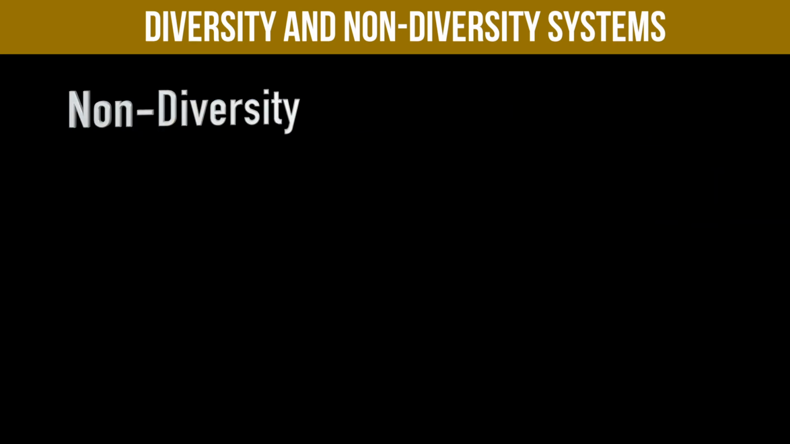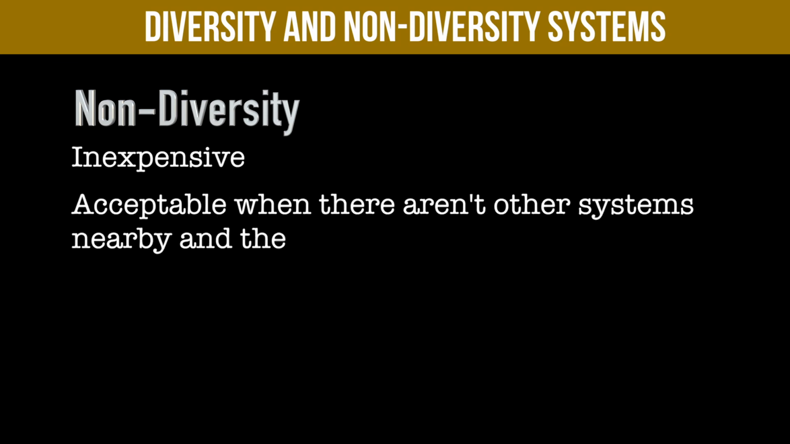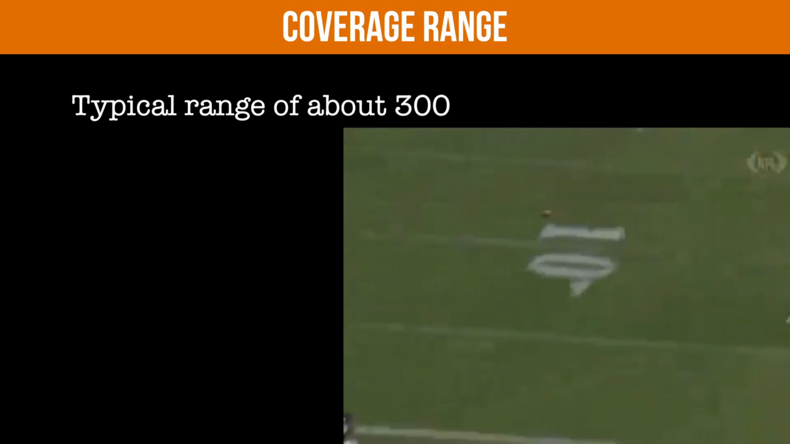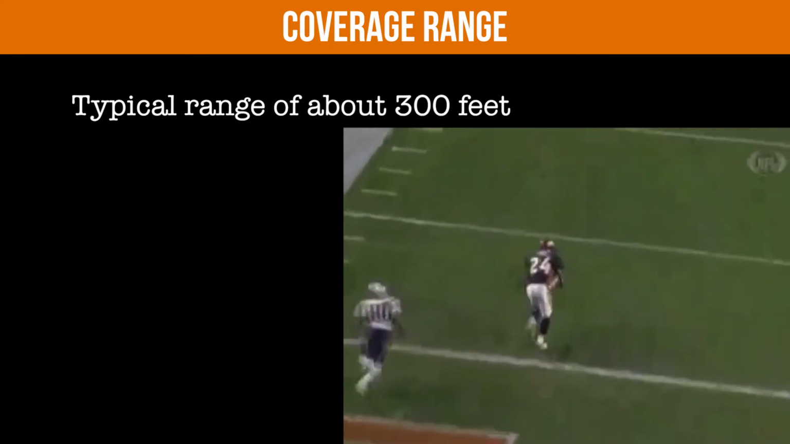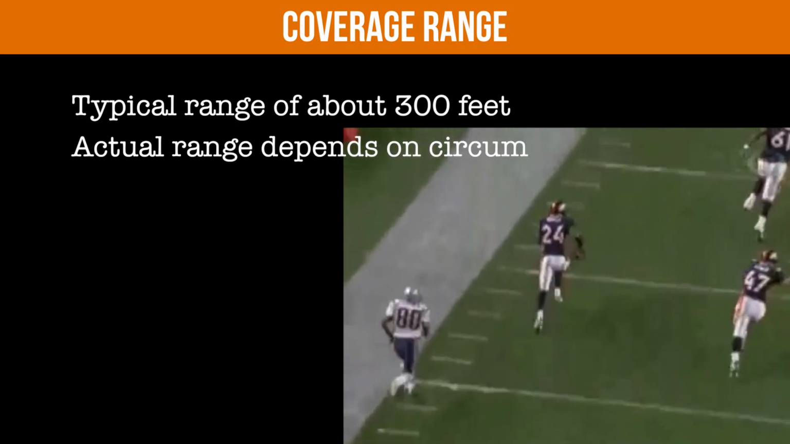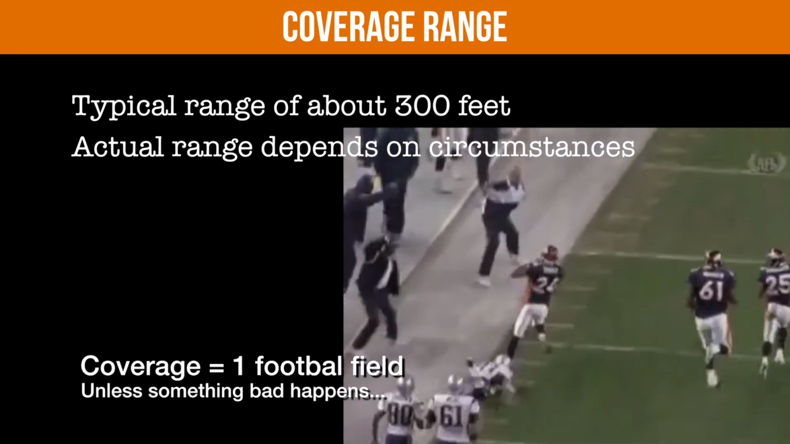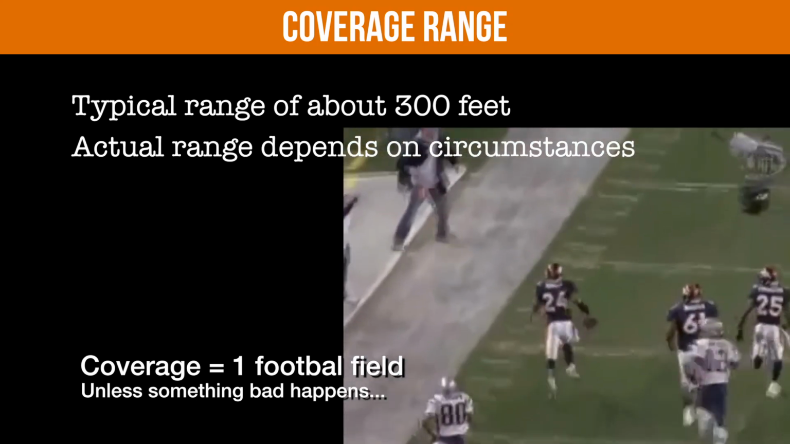Lower frequency non-diversity VHF systems, which are inexpensive, can function acceptably in a fixed application where there aren't other wireless systems in close proximity and where the enclosing structure isn't metal. Most wireless systems cover a range of about 300 feet from the transmitter to the antennas. The range specification typically assumes ideal circumstances, but in most applications, transmission and reception ranges are very acceptable from all wireless